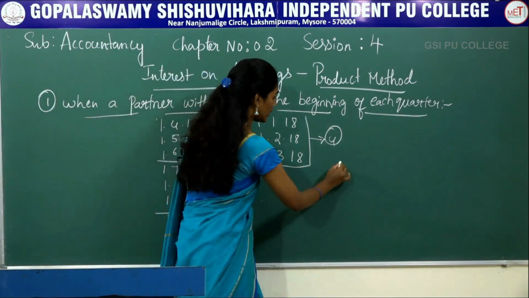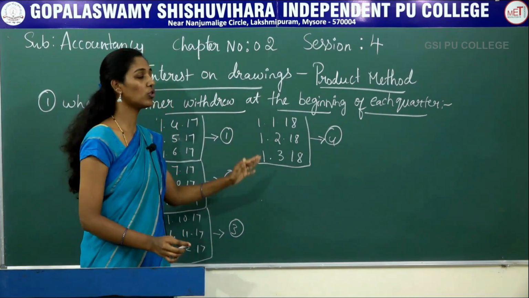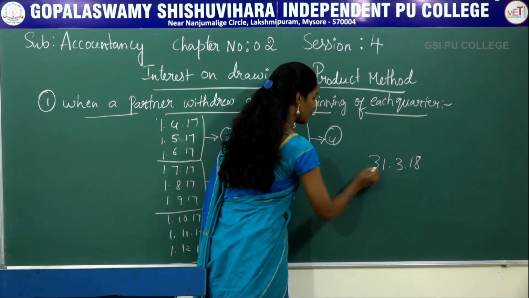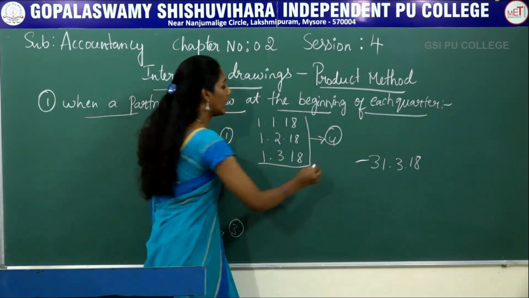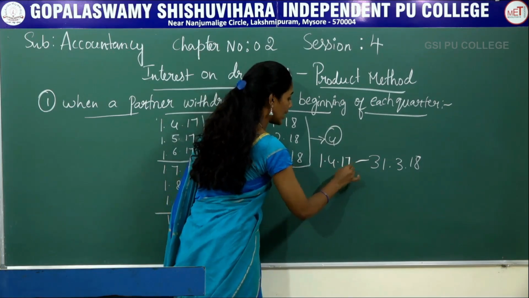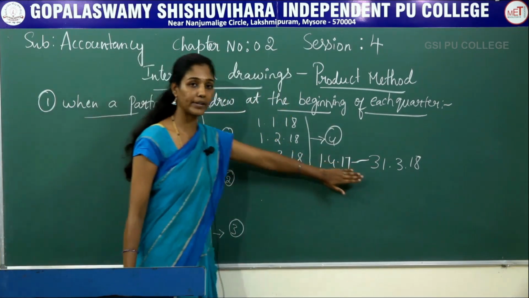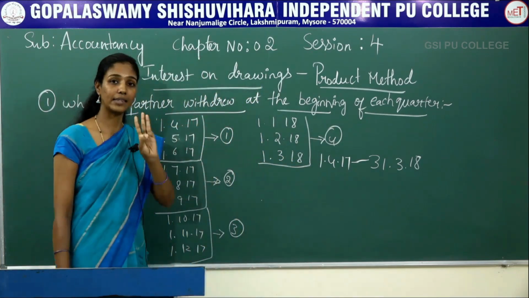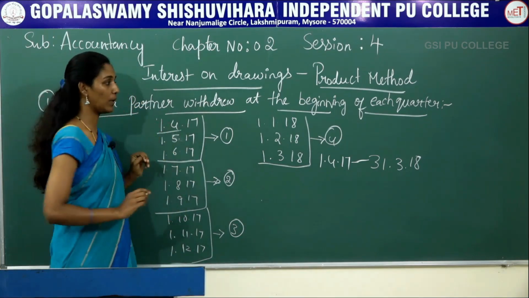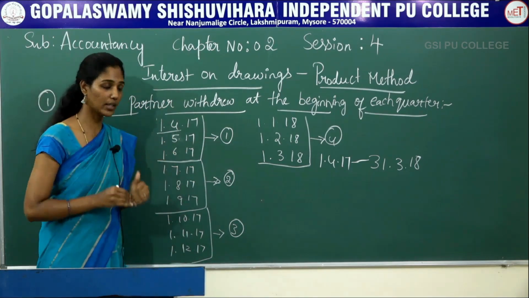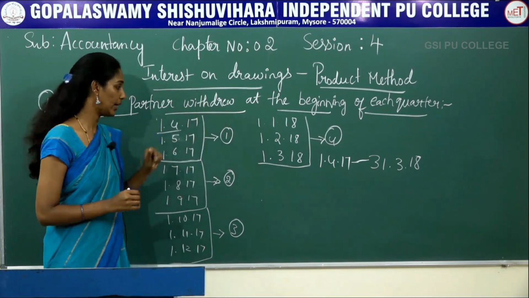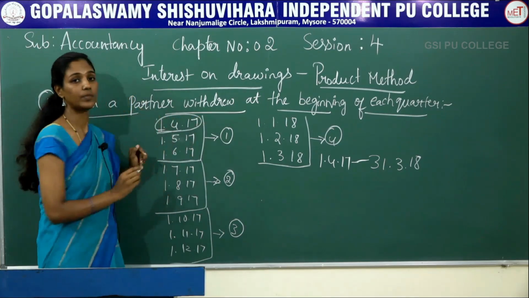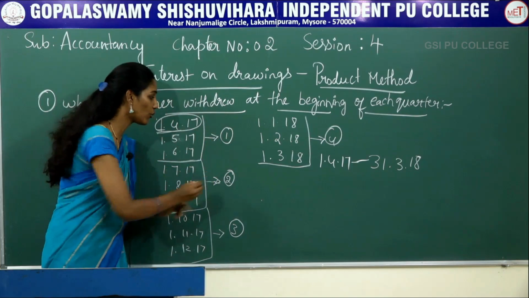In an accounting year, here in this problem, the books of accounts close on 31/3/2018, and the books of accounts start on 1/4/2017. So in this particular year, there are 4 quarters. Each quarter has 3 months. Here Uma, a partner, withdrew at the beginning of each quarter. She has withdrawn on 1/4/2017.